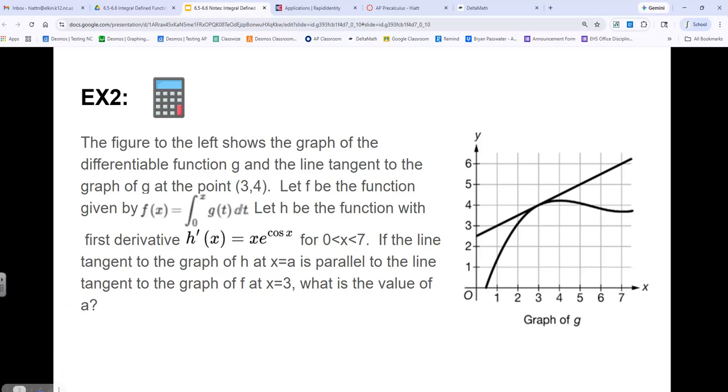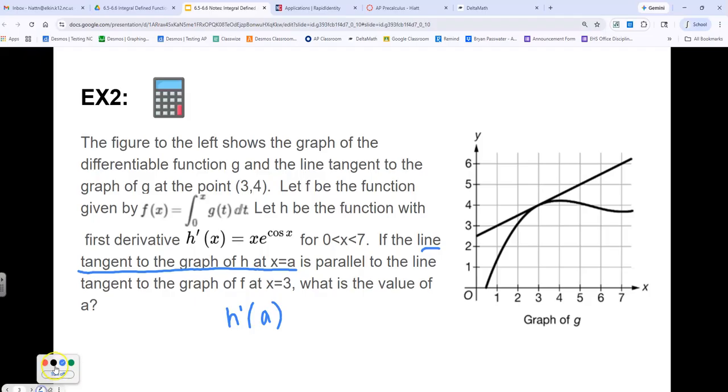So if we read that last sentence again, the line tangent to the graph of h at x equals A. How could I write that in symbols for what I'm looking for? That would be, line tangent to the graph tells me I'm dealing with a derivative, right? So h prime of whatever value A is right there